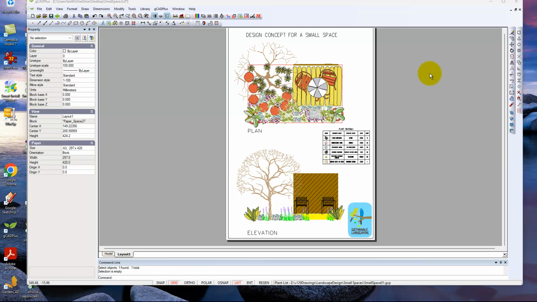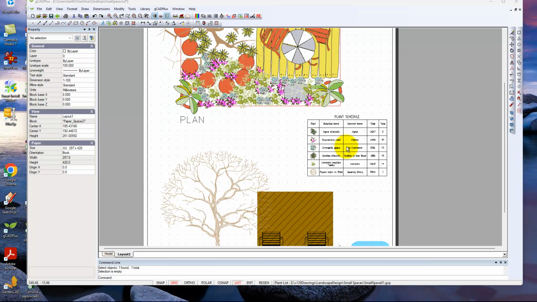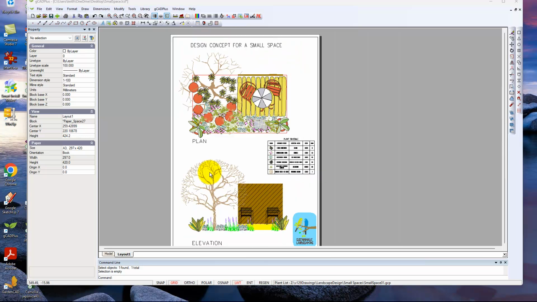Here is a design concept for a small space. There's a plan view at the top and an elevation down below, and there is a plant schedule displayed in the middle of the view. So we can print this view and send it to the client, but let's imagine that we would like to